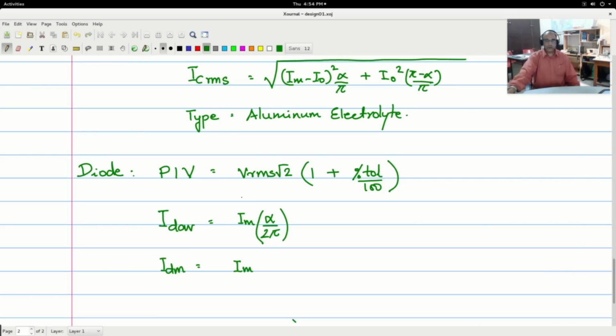So what you can do is that we can put these equations into a script file, so that when you want to do an iterative design, you keep changing the specification and then you keep checking things out, and probably you may not get a particular component and then you may want to change a few things. So it is good to put them in a script file, like something like Octave or MATLAB.